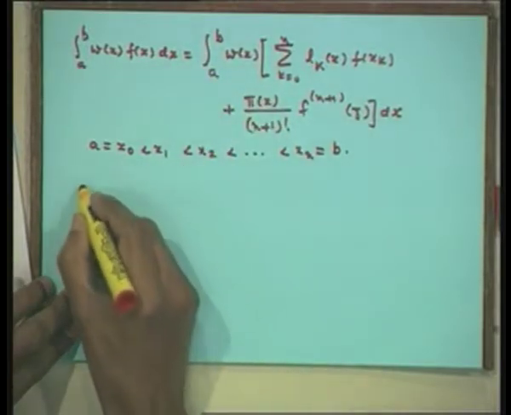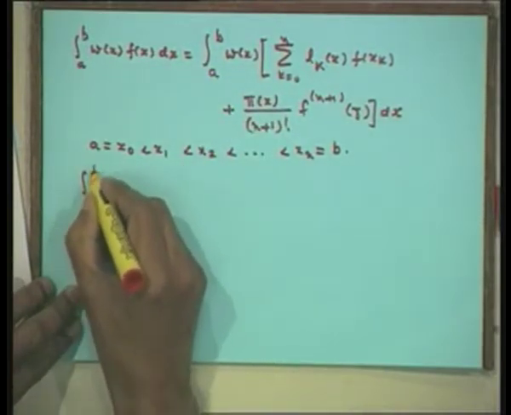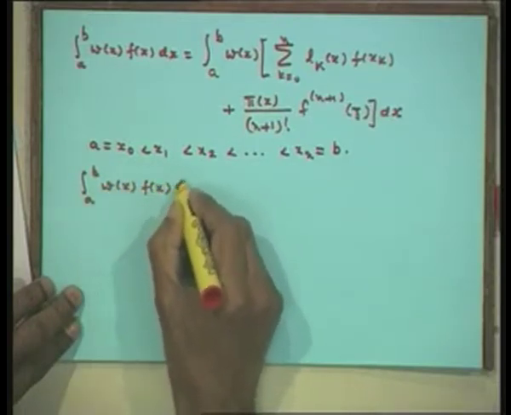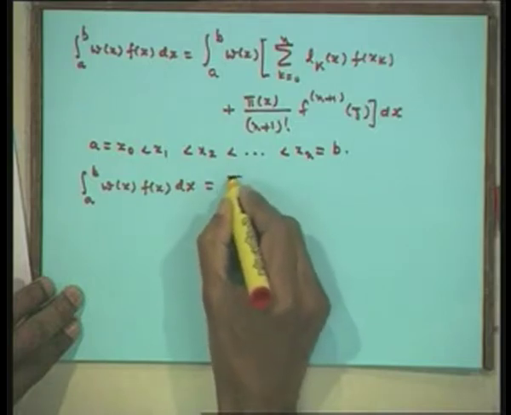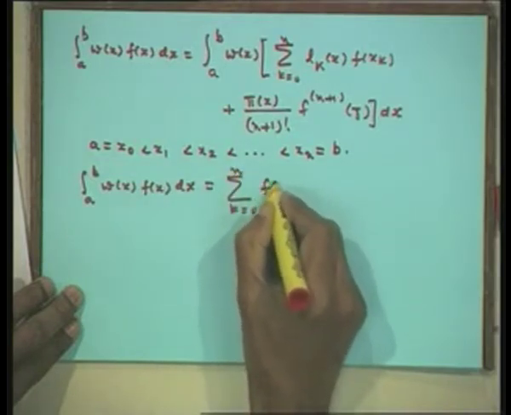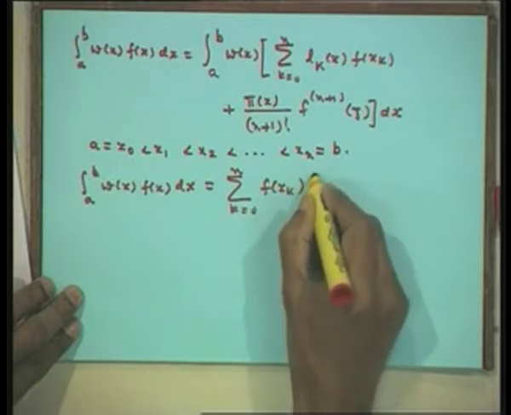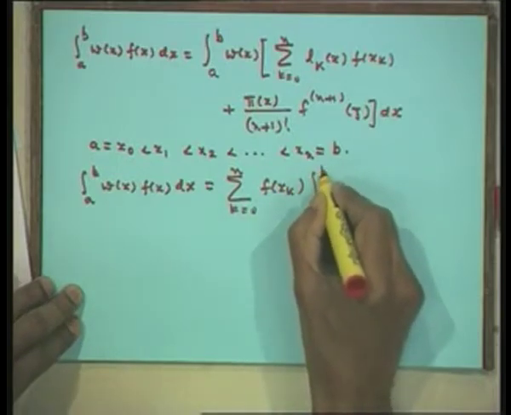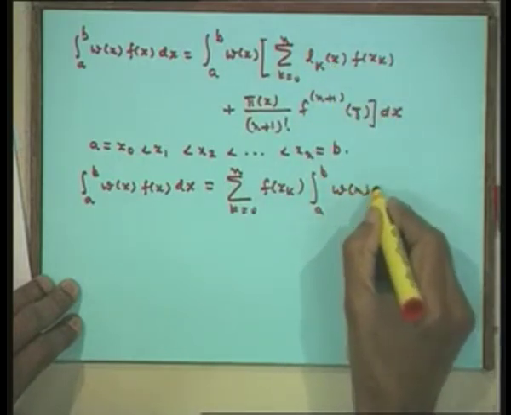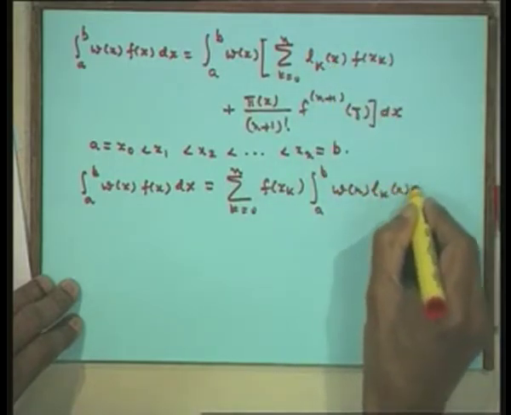Therefore, we get integral a to b w x f x dx is equal to summation k is equal to 0 to n f of x k into integral a to b w x into L k x dx